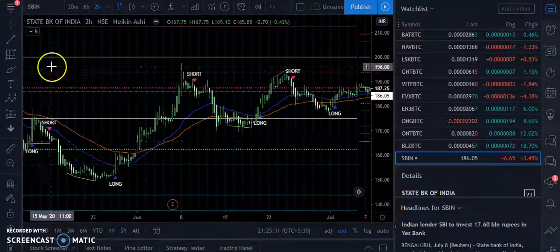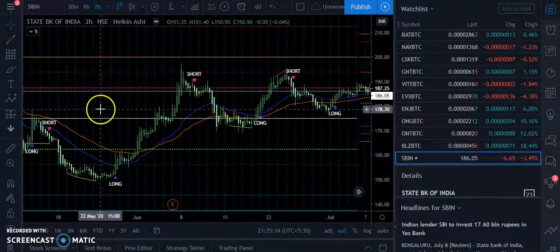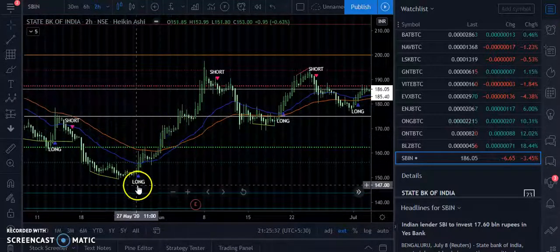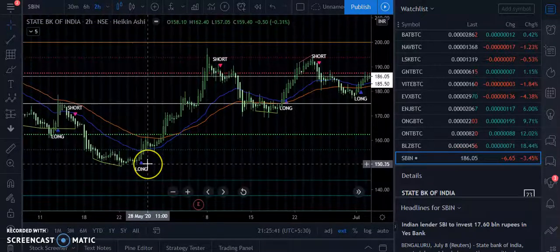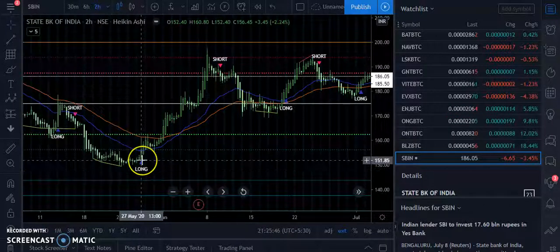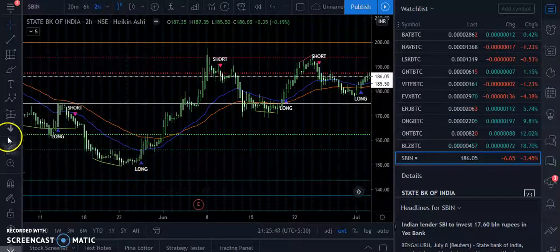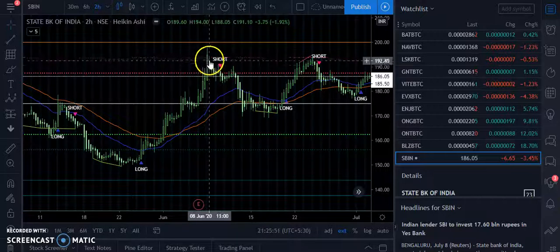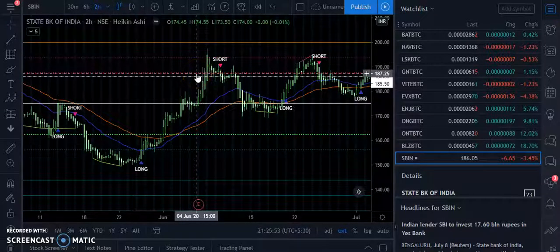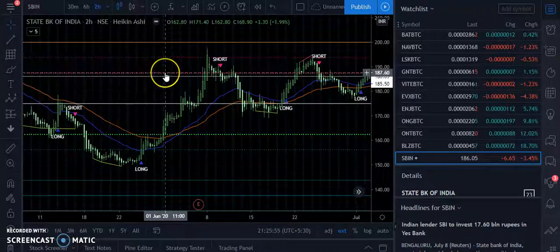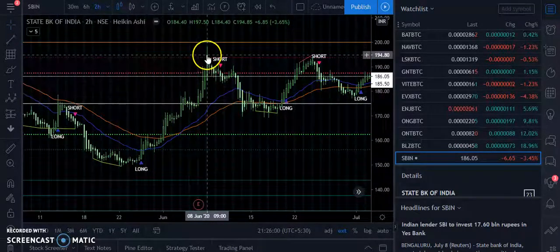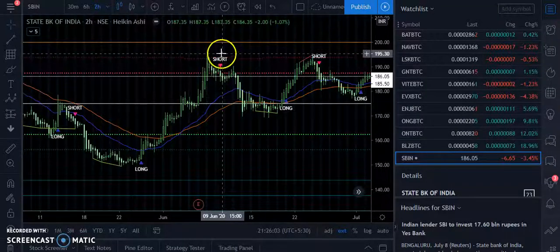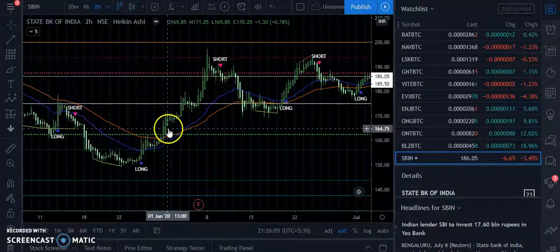I can show it for another stock as well. For example, look, I have taken SBIN, and as you can see, the price is near these blue lines. That's an ultimate support where the bulls take control, and you got a long signal. You should immediately go for a long position, and you should keep your take profit at these white and pink lines. Here the price went really up till 196, so you would have made enough money.